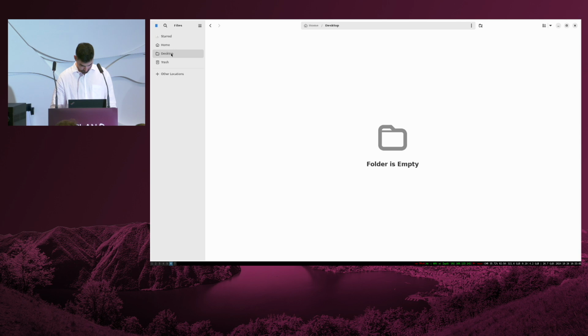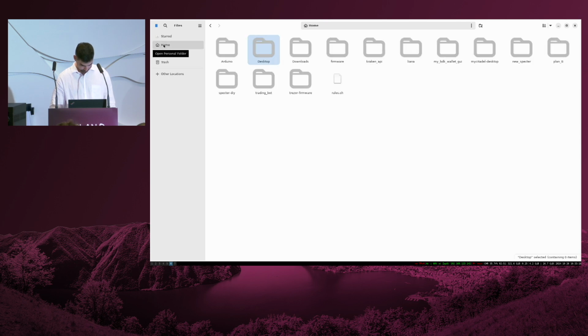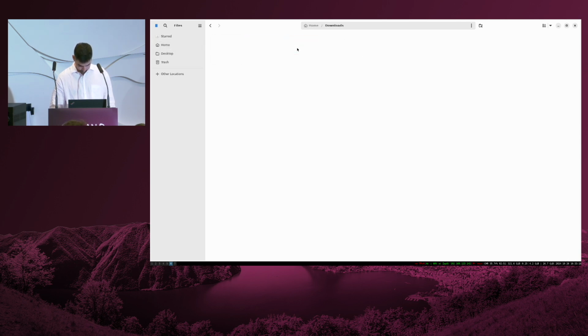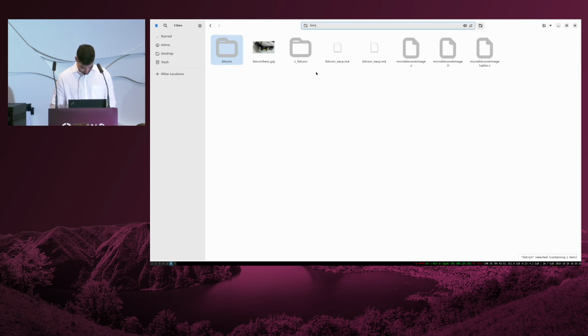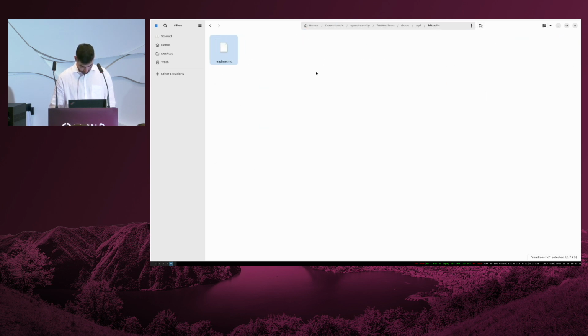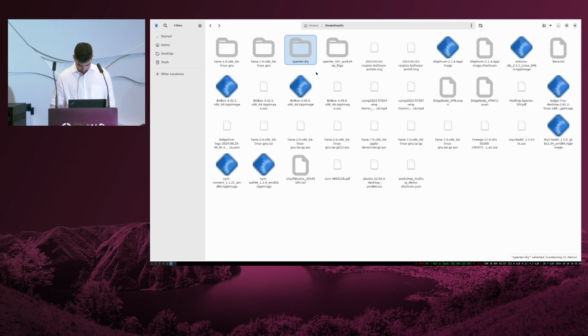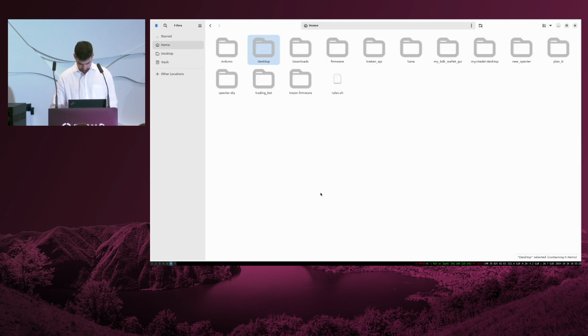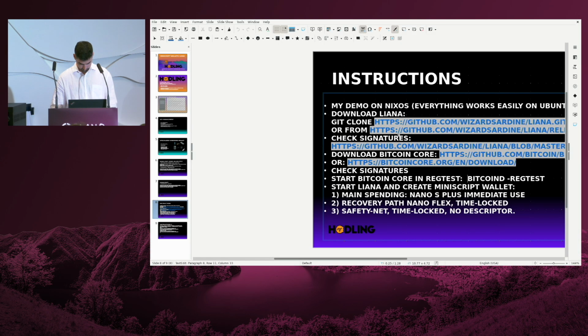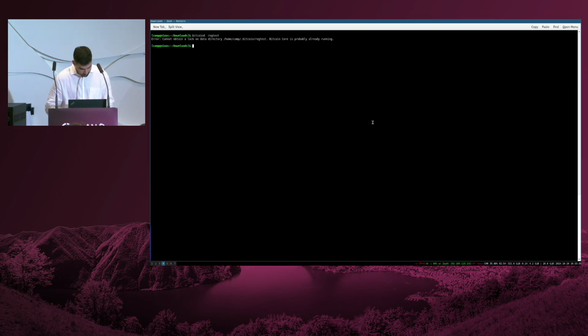I need to find Bitcoin Core. Where is it? Here. Cannot obtain log.